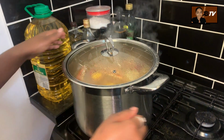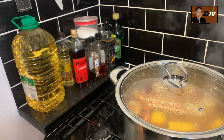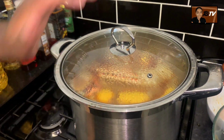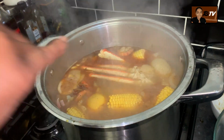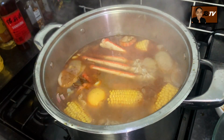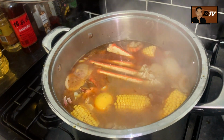Right, so now taking it off the heat, I'm going to move it over. And what I'm going to do is just leave it off the heat and let everything soak in, so let all the stock basically soak into the vegetables and the prawns and the crab. You want it to just suck up all the